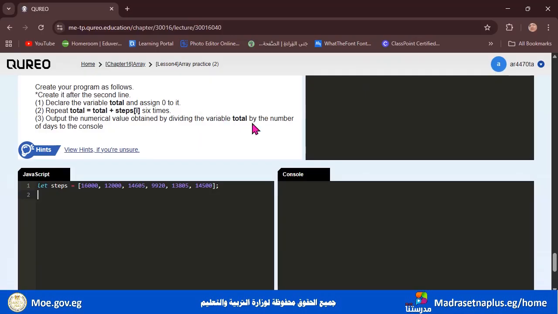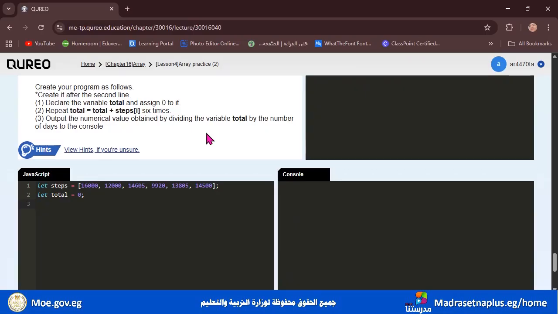So let's write let total equal 0 and end it with a semicolon. Repeat total equals total plus steps i, 6 times. We want it to be repeated 6 times.